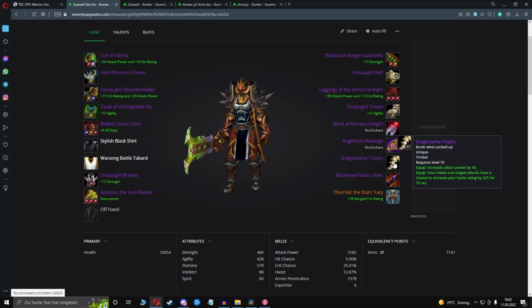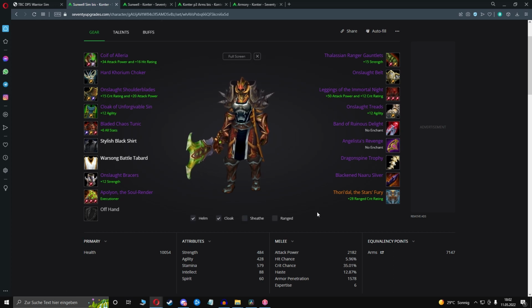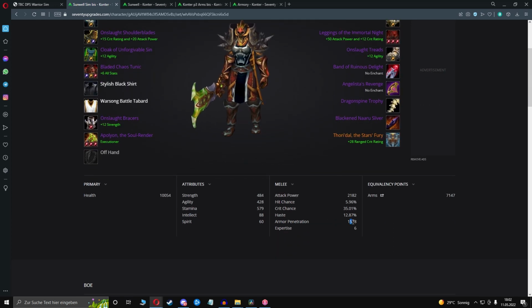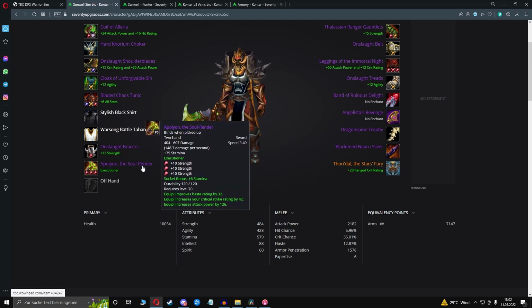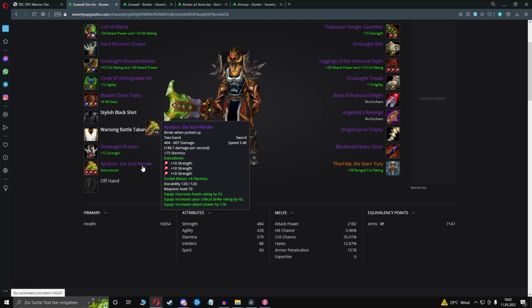And then the next problem that we have is that we have a lot of armor penetration. So we have 1578, and this means that Executioner is our best weapon enchant for high armored bosses, and Mongoose would be the best enchant for low armored bosses. So this means that we would need 2 Apollyon the Soul Render with different enchants, or we would need to